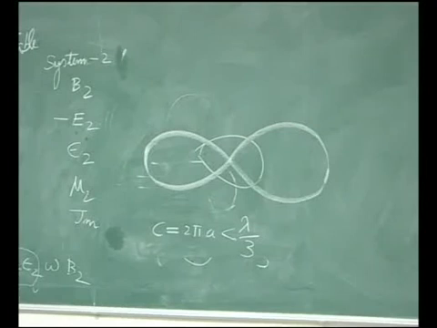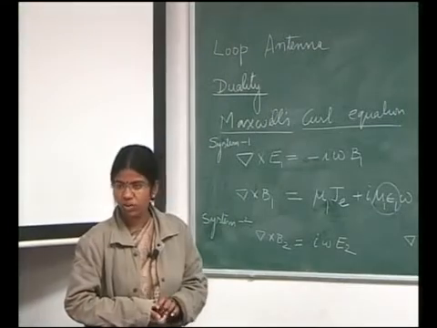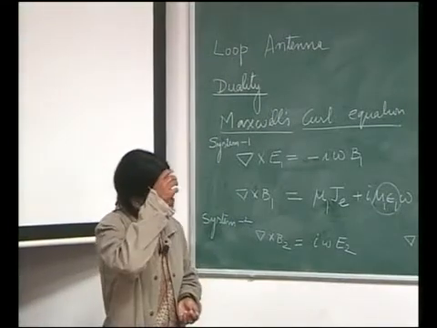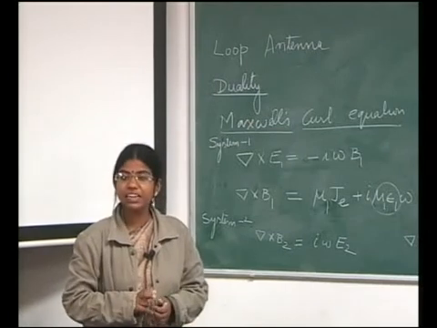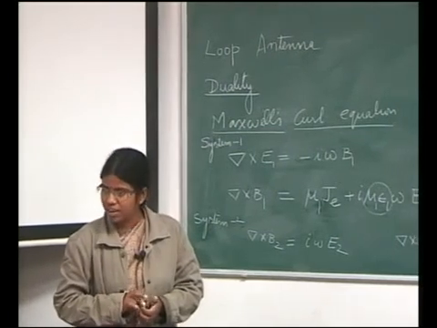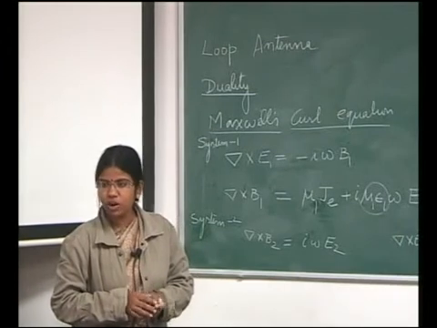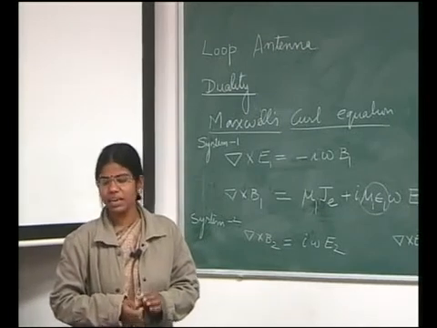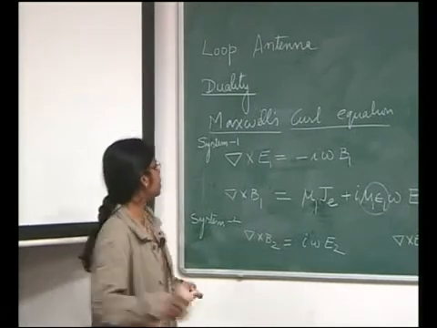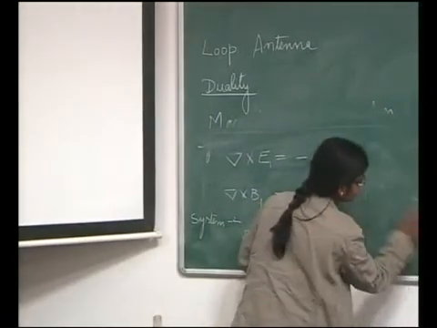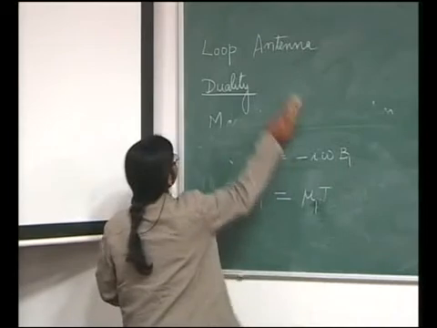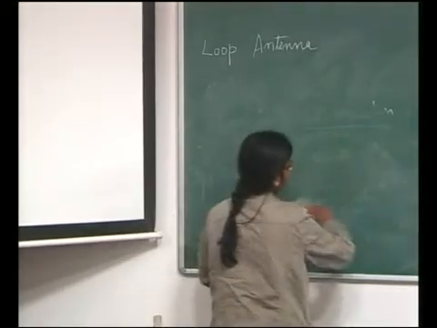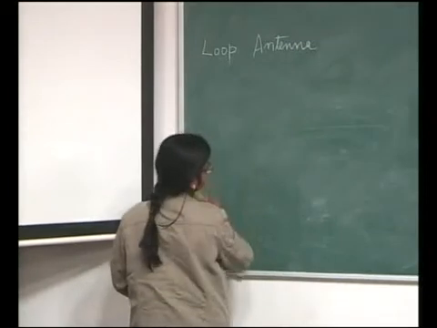So, using the equations that we had derived for a simple dipole, we knew that in that case E phi was 0, if you remember, E phi 0 came out. So, what I can do, I can write the expression for E theta and B phi. And if I take a cross product of E theta and B phi, I will get the Poynting vector, and from the Poynting vector I can calculate the radiation resistance. Okay. So, I am going to do that. I am going to write the theta and phi components of the electric and magnetic field for an oscillating electric dipole.